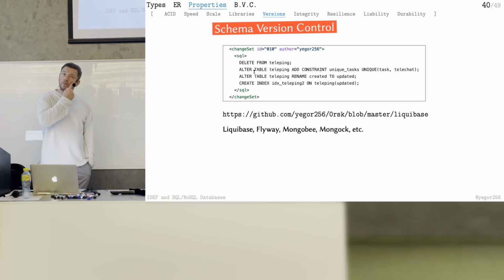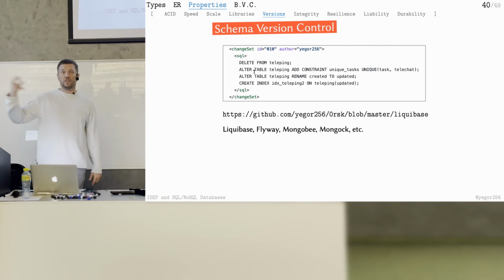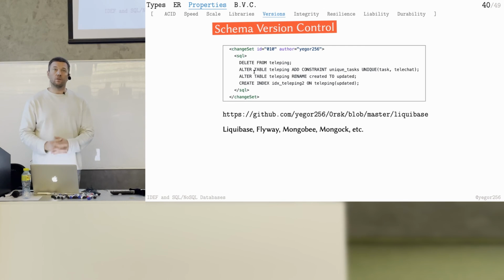So usually the SQL requests made with the databases are not stored somewhere in the log of this. They are stored in the log, yeah. They're injected into the database and they go into the log. So Liquibase actually creates an extra table in the database. And in this extra table, it stores all the operations which were done. So that's how it works. Liquibase receives the file, makes the operations, and stores it in the log. Without Liquibase, there's no such table. Without Liquibase, the database will not support this. I don't know any databases which would support this. So this is an extra tool on top of your database.